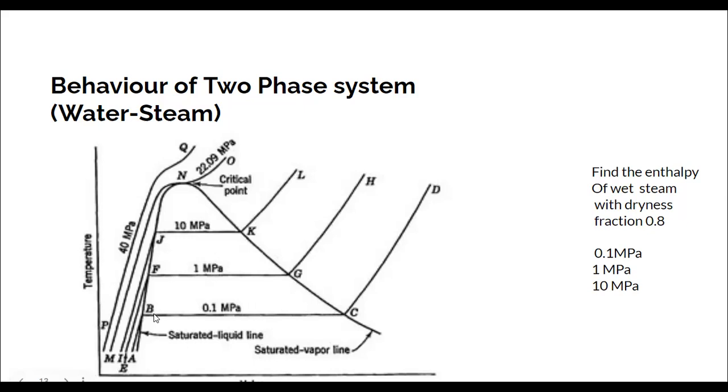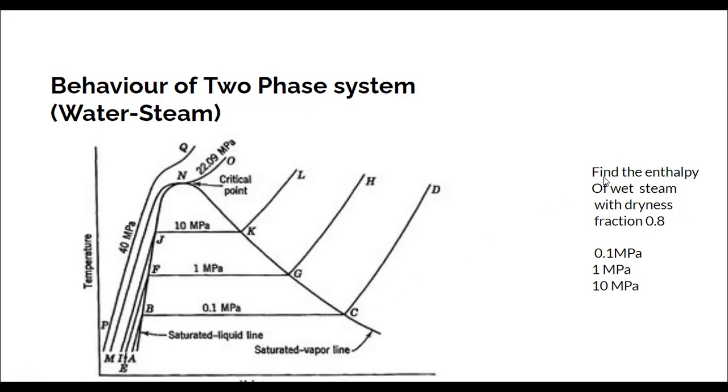At B, we arbitrarily assign the dryness fraction as 0, and at C, we put the value as 1. So the range of dryness fraction is from 0 to 1, and as the steam becomes dry, the dryness fraction increases towards 1. The lowest value is 0 at any point on the saturated liquid line, and the highest value of the dryness fraction is 1. Now, if you want to find any property of wet steam, like enthalpy, entropy, or specific volume, we need to be given the dryness fraction.